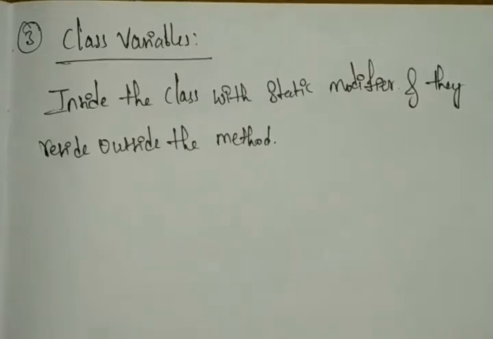Normally you take int a, int b, like that, right? So we choose the data type and the variable in the same way. Instead of that, here before the data type we choose one modifier keyword, like static. After that you can declare the data type with this. Just see the example and you will understand how these variables look.